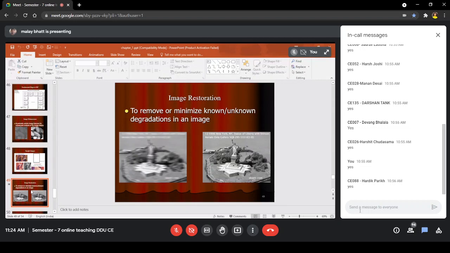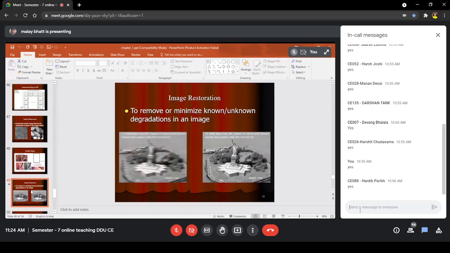Sometimes the reason for degradation is known to the person, but the exact parameter is not available. Sometimes the reason for degradation is unknown, so you can try different techniques to improve the quality of the image. It is not necessary that you can always restore the image properly. Like this, here it is a very clear picture, and you feel that we have done a full restoration.